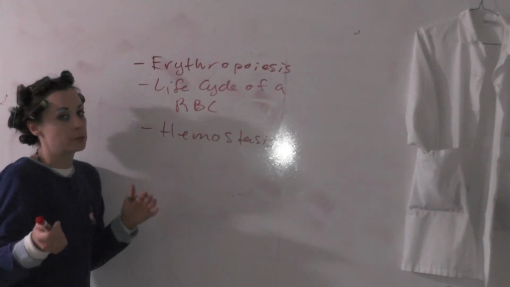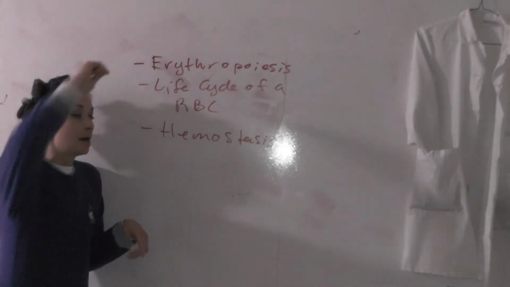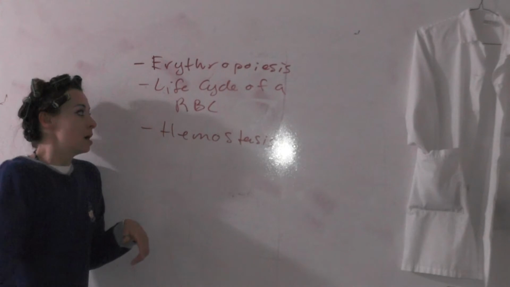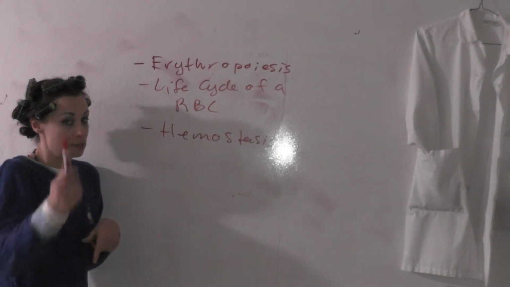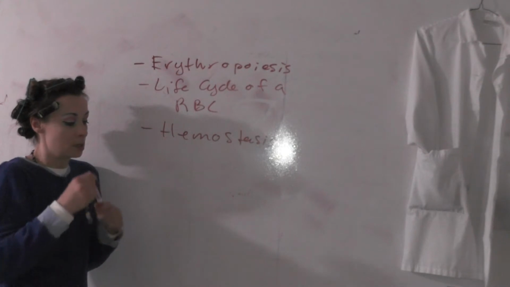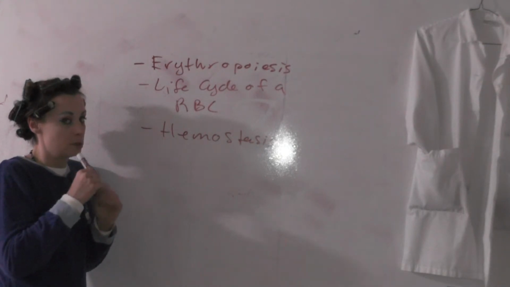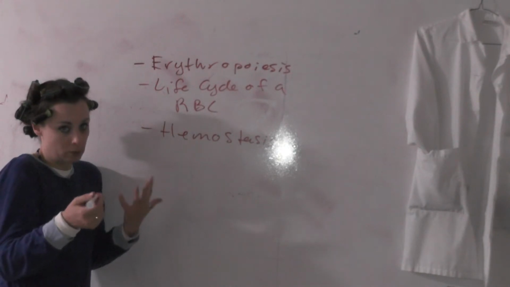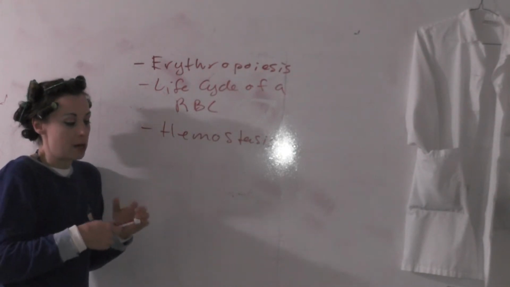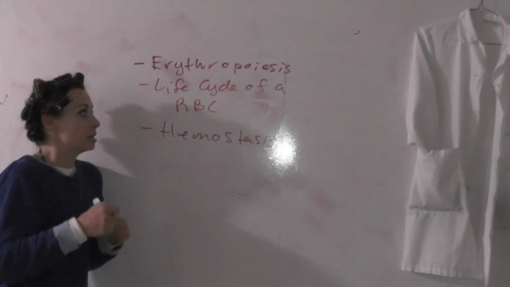Processes to worry about from blood. Erythropoiesis, how we get our red blood cells. The life cycle of a red blood cell. Hemostasis, all of those things are important. What else for blood? Make sure you're comfortable with the components, like plasma, what's in it, and what function it serves. Then for the heart,